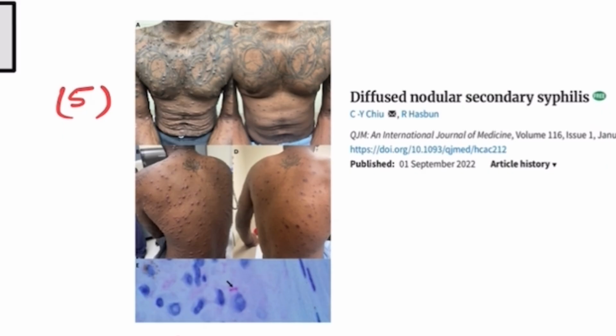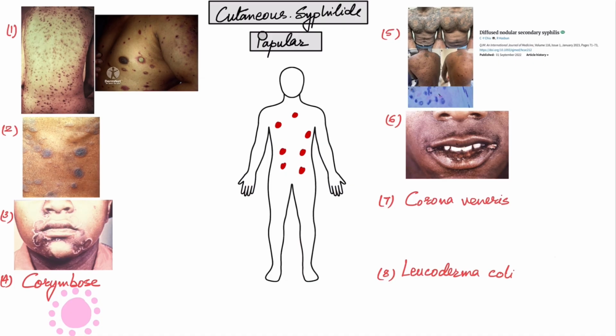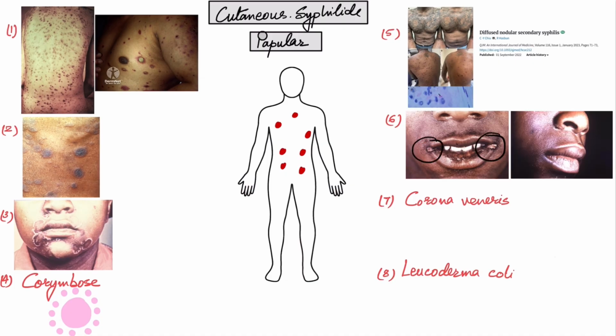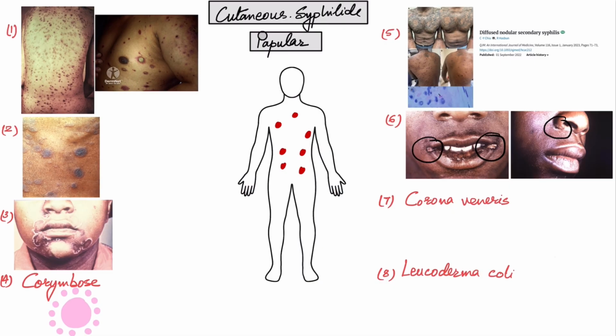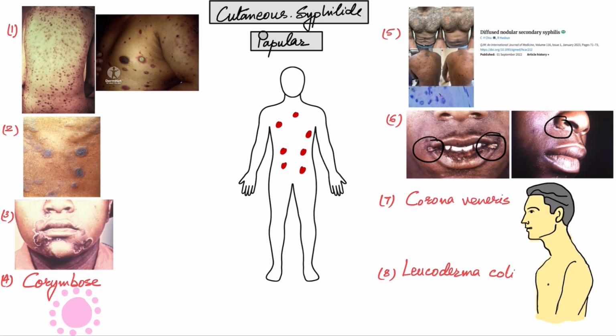Next lesion is very characteristic for secondary syphilis. These are split papules. These are hypertrophic, fissured papules at the oral commissure and sometimes at the creases of the ala nasi. Let me just zoom in to show you the clinical picture of the split papules. The next two types, I couldn't collect a clinical picture, but I'll try to explain it to you with a